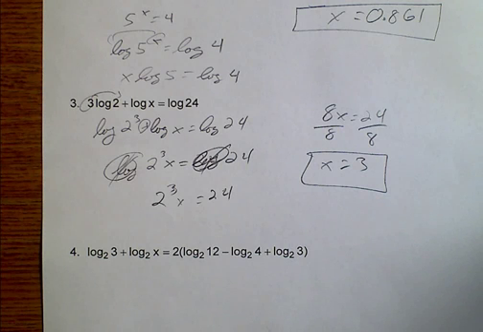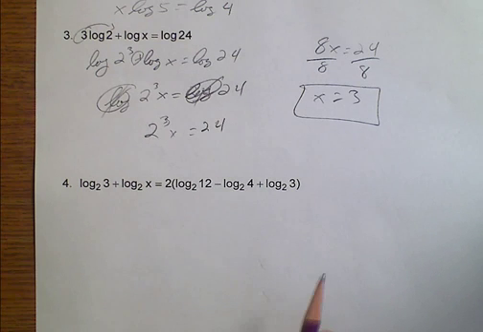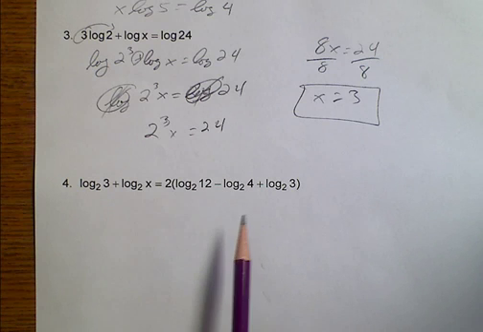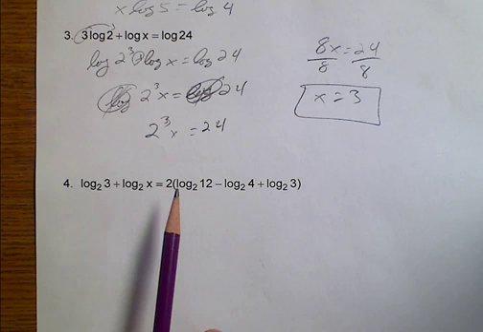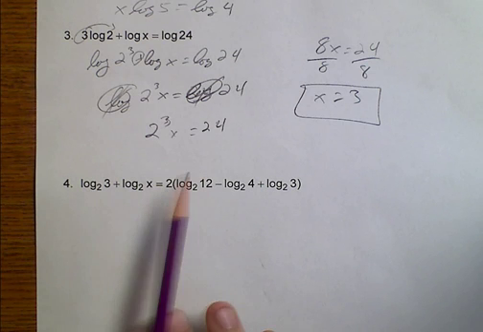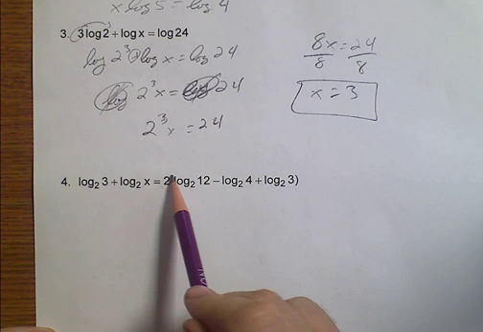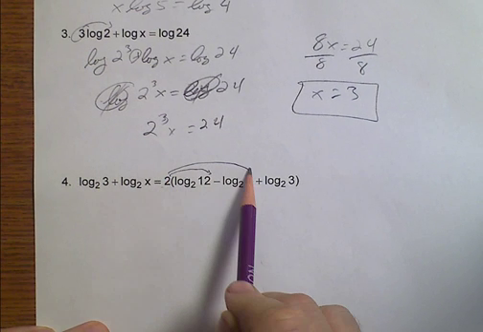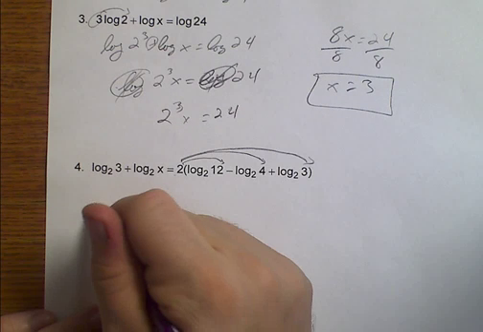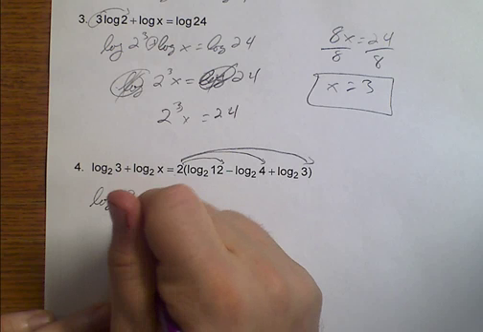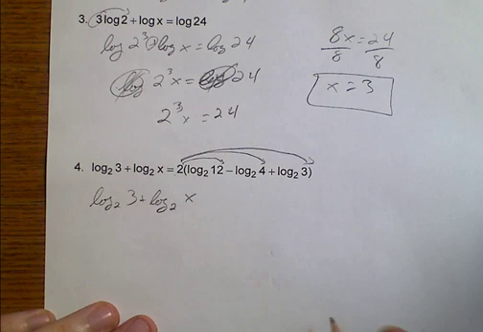And now our last example happens to be one that has logs everywhere. This dividing by 2, I know earlier we just kind of got rid of that. That was when it was mixed. So here, that means we need to apply it to everything. So now we have the log base 2 of 3 plus the log base 2 of x equals